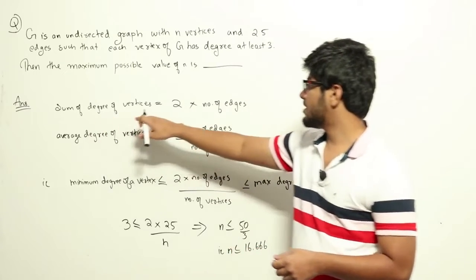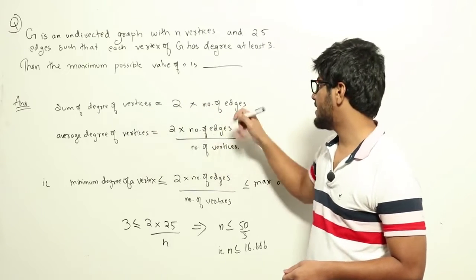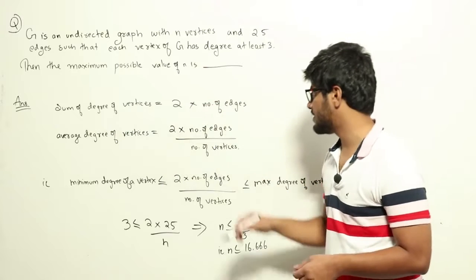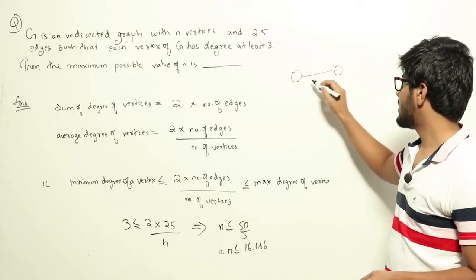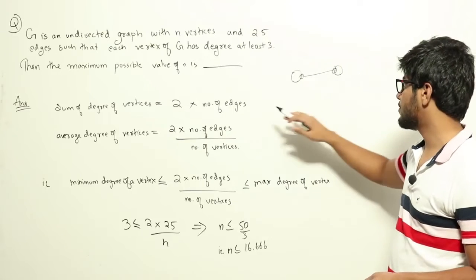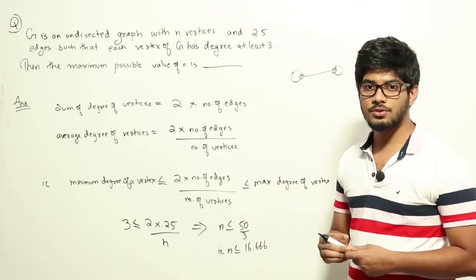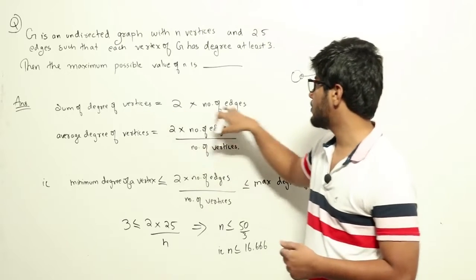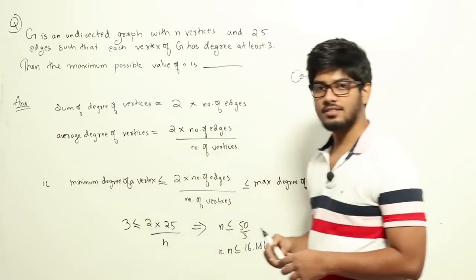If you know the relation between vertices, degrees, and edges, the sum of the degrees of all the vertices will be equal to 2 times the number of edges. The reason for this is that if you consider an edge like this, it will add degree 1 to this vertex and also degree 1 to this vertex. So each edge will add a value of 2 to the sum of degrees of vertices. So the sum of degrees of vertices equals 2 into the number of edges, which means the average degree of vertices